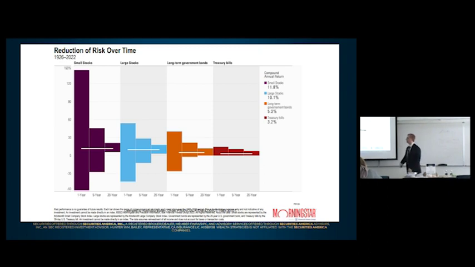What's that one again? This one here? Yeah. This is long-term government bonds. Yeah. I was just looking at the 20-year for all of them, and there's not a lot of difference between the small cap and the mid and large cap. Right? Yeah. And everything else, but